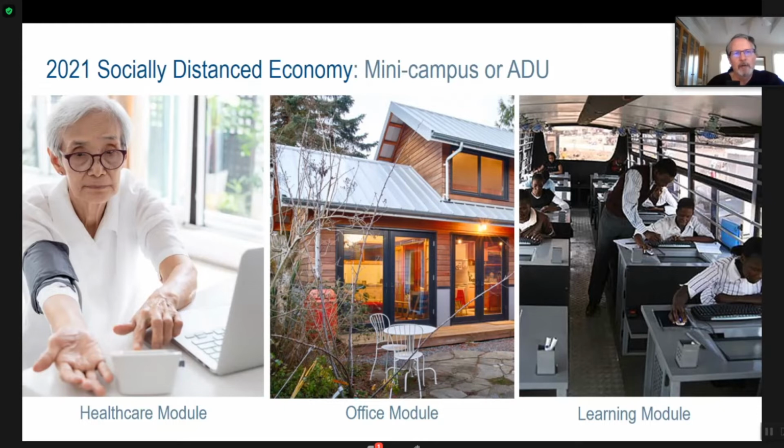Combination of wearable devices with the environment itself, the slightly different needs for different kinds of office modules. Are you in engineering and manufacturing? You might need something different than somebody working in finance or banking.